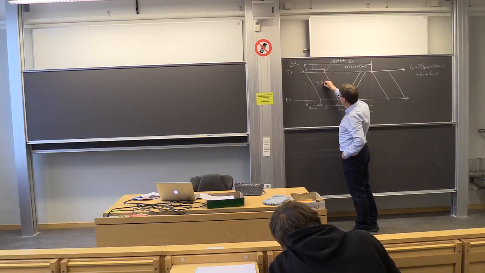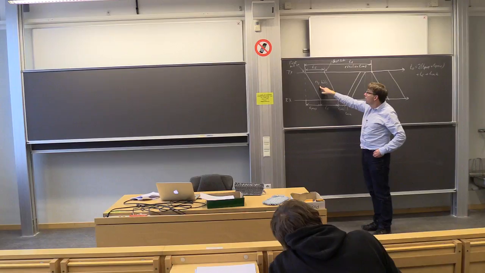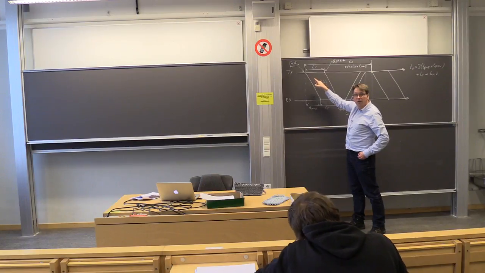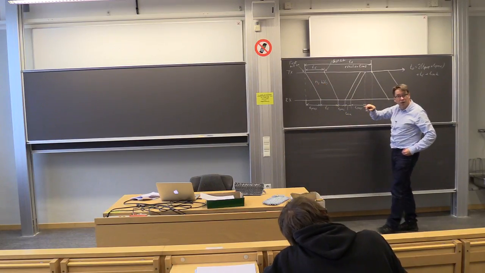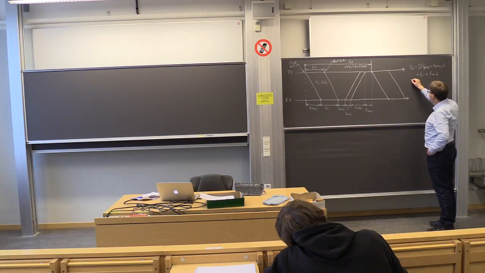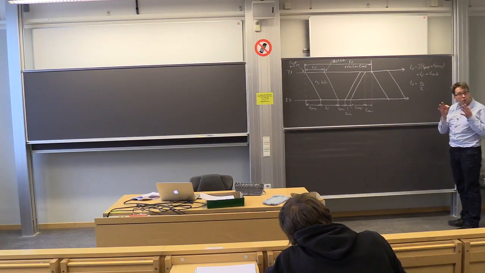Let's call them NF, the number of bits in the frame. It will take some time to transmit that, and the time depends on the data rate of the underlying communication scheme. So the time it takes for one frame to be transmitted depends on the number of bits divided by R, the data rate on the layer below us,